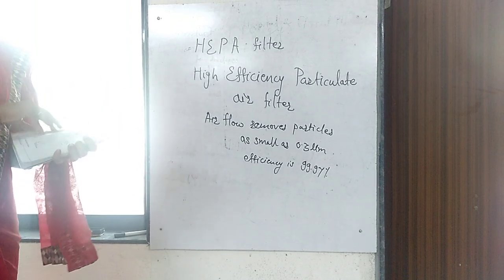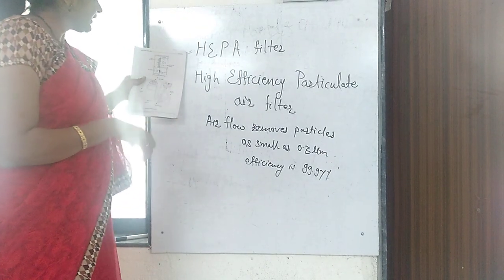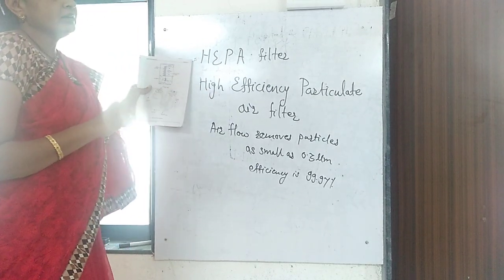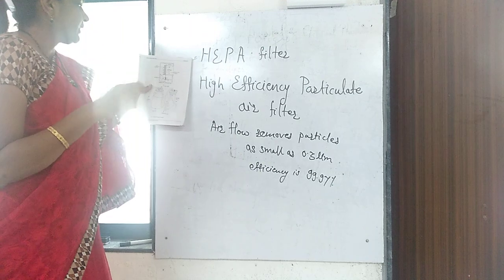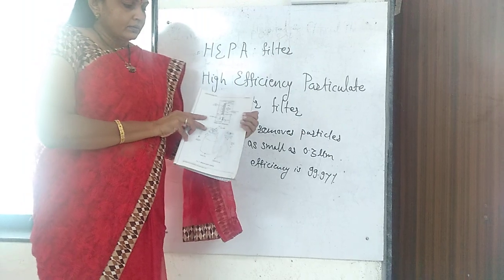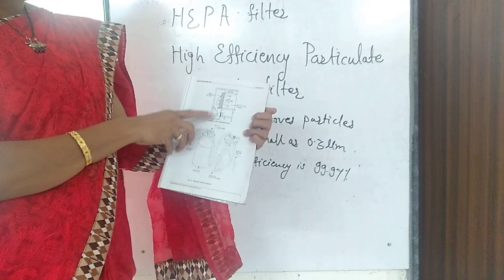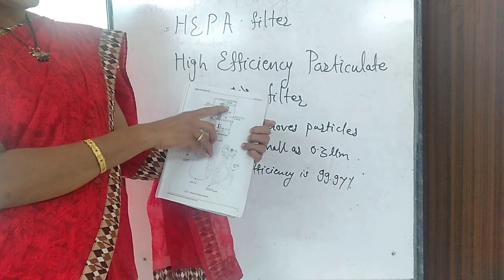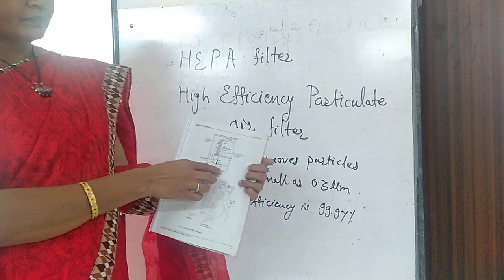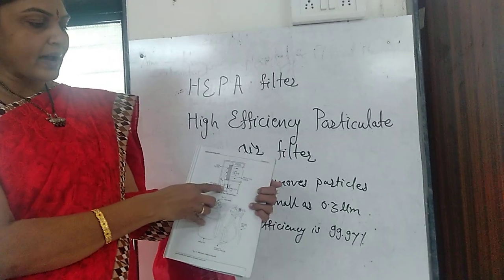Next is laminar airflow. Laminar airflow, that is a horizontal type of HEPA filter that is fitted in the walls. It consists of the laminar airflow, that is horizontal type, and the instrument. Here the sterile air will be generated. It is a working bench. From here the air will pass.